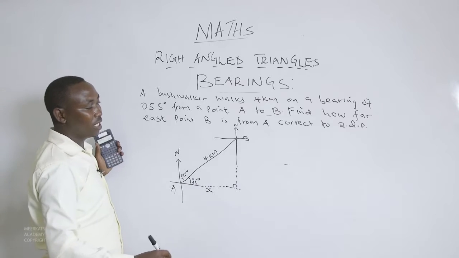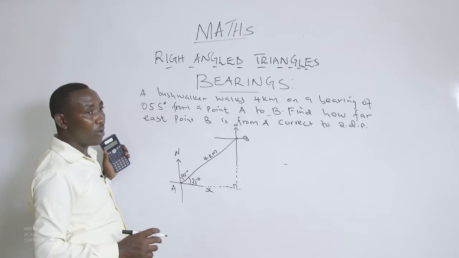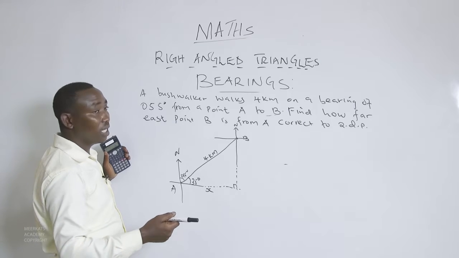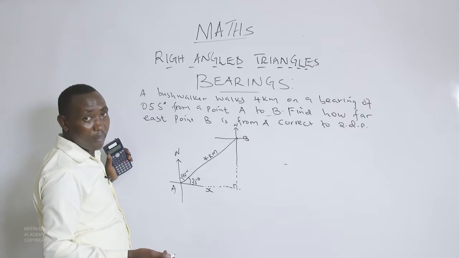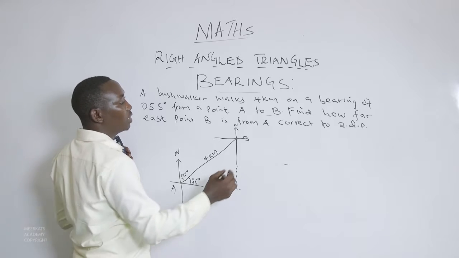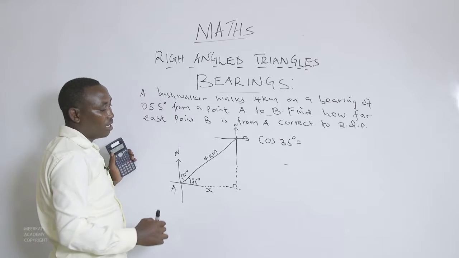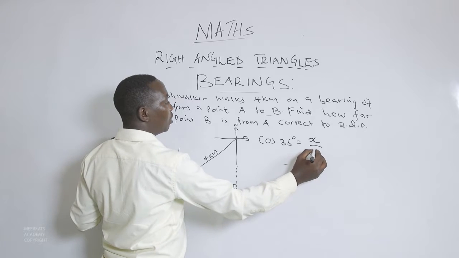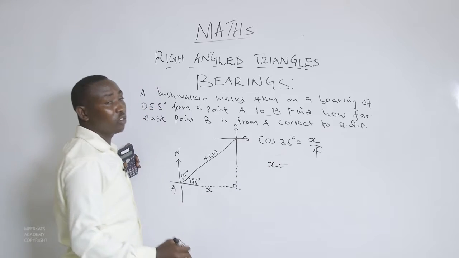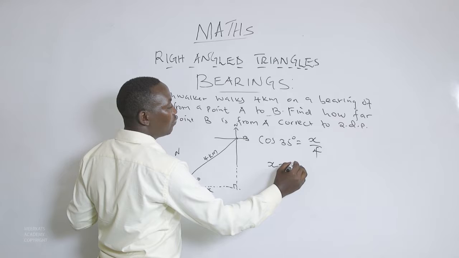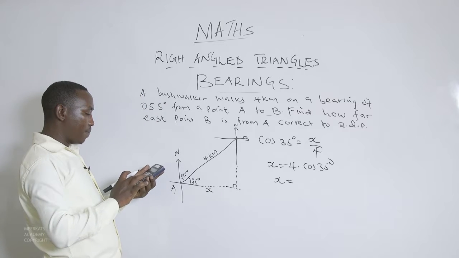Now that we have this angle, which is 35 degrees, we have the hypotenuse, and we are required to find the adjacent. Then we are going to use a trigonometric ratio that has both the adjacent and the hypotenuse, and that is none other than the cosine. So cos 35 degrees will be given by the adjacent, which is x, divided by the hypotenuse, which in this case is 4. For you to get x, you need to multiply both sides by 4. So that will give us 4 multiplied by cos 35 degrees. That means that x shall be